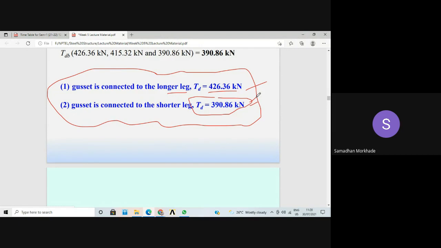Yesterday we saw on Google images that one industrial building had 7 trusses. There are 7 trusses, and in one truss it depends; there are n number of angles, like 15, 20, or maybe more, depending upon the geometry of the truss. So if in one section you are saving, for example, just see, 2 kg of steel, if you connect the shorter leg to the gusset plate,